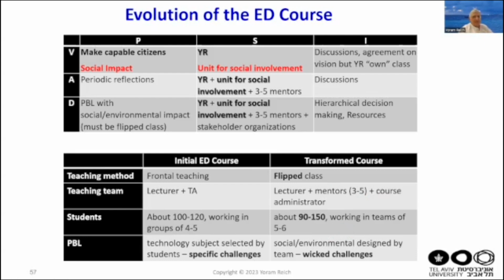And you can imagine just finding 5 classes at the university at the same time is a problem. So it boils down to very mundane issues if you want to run such a course. The challenges also got different. Before, it was specific challenges that the students brought up. Now it's social, environmental challenges designed by the team. It makes students work on really wicked challenges. They dislike it, they hate it, they don't know what to do, but at the end, they thank us for getting them through this experience.